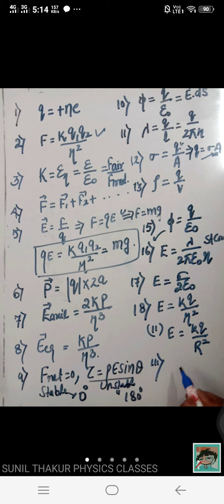Next, third, the electric field inside a hollow sphere is E equal to 0, because what is the total charge enclosed? Total charge is 0, so the electric flux is 0 and hence the electric field is 0. So these are all the formulas which we have to use for the numericals and for the conceptual questions from this chapter. Clear? OK, so please write down, if not written, write down all, and today we will discuss the important numerical and conceptual problems based upon these.